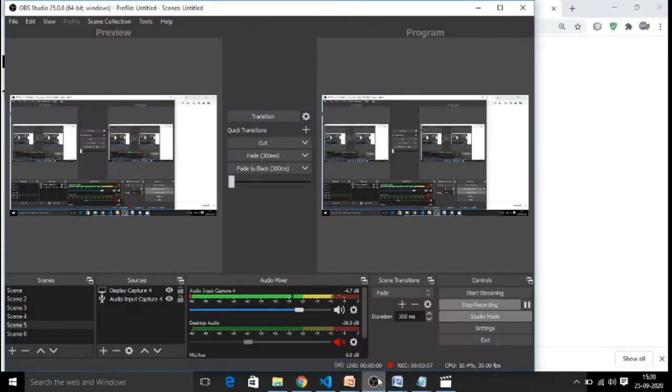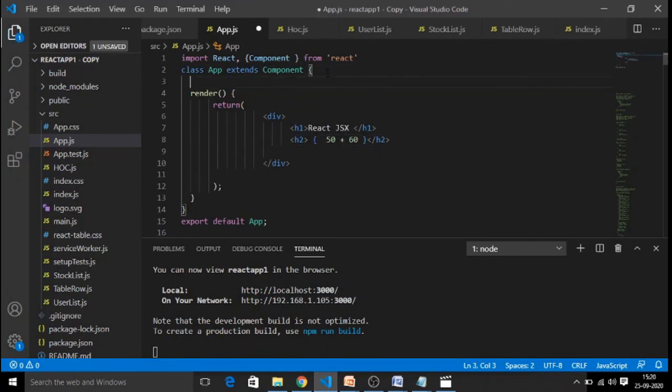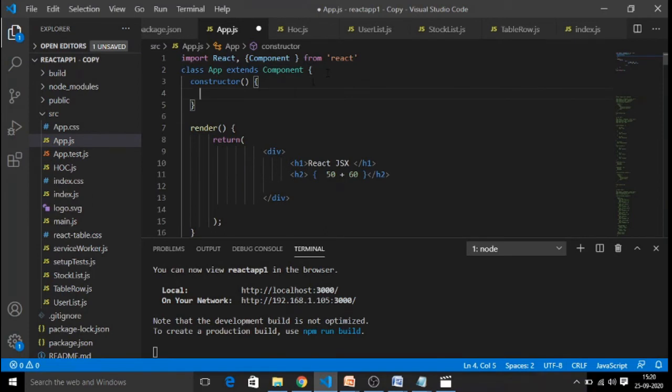Now let me create a property here for our component, and let us use that property value. To create the property, we will go with the constructor, and the constructor can be passed the props just for initialization.